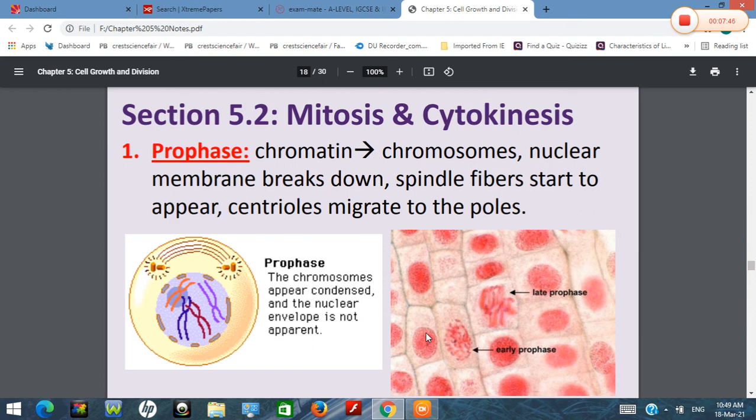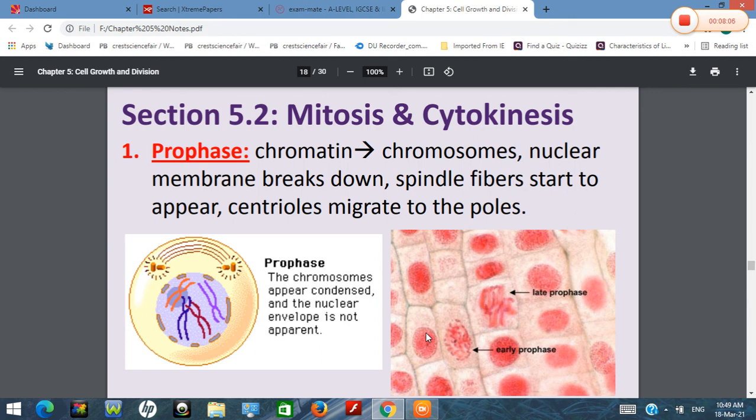This spindle fiber we studied during quarter one. The function of this spindle fiber is attaching to each chromosome from the middle, from the centromere, the point of connection between two chromatids of each chromosome, for helping